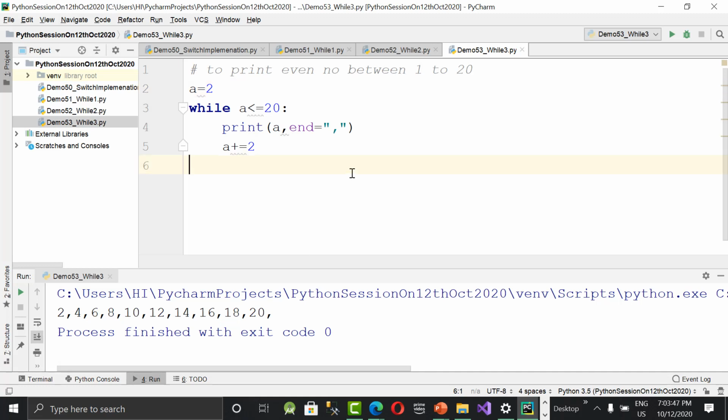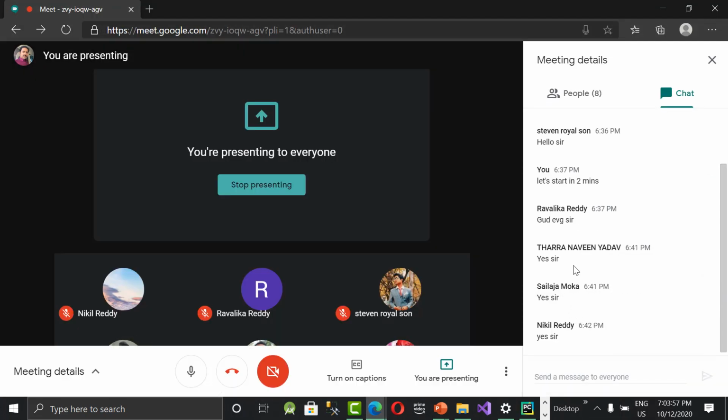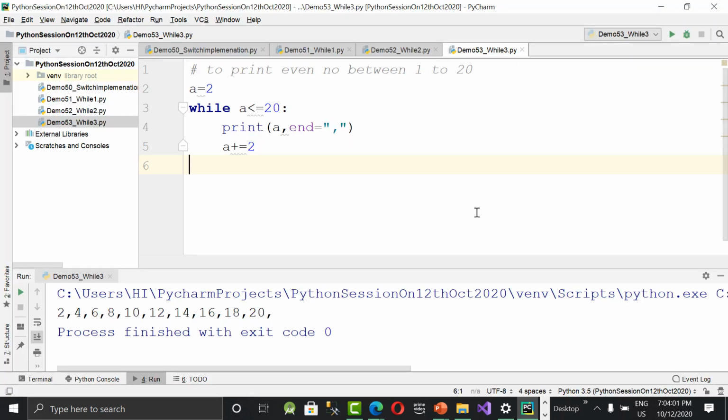Any other? No, I need to print like this: 1, 3, 5, like that. Yeah, that's all. If you say i equal to 1, it's enough. i equal to 1, i less than or equal to 20, 1 printed, 1 plus 2 means 3, 3 plus 2, 5. Like that it goes. So that's done. Okay, you can do it.